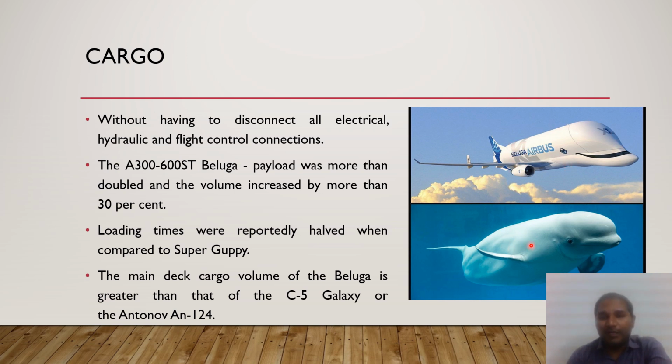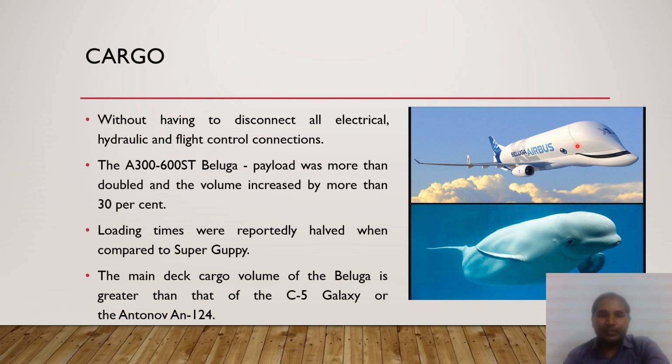and the beluga whale. In the Airbus design, the cockpit has been moved to the bottom, which gives us an easier way to access the cargo compartment of the Airbus Beluga. We can load or unload the equipment into the Airbus Beluga through the front door. So this section will be used as a front door. This is more effective than the previous versions of Airbus. Without having to disconnect any electrical, hydraulic or flight control connections, we can simply load or unload